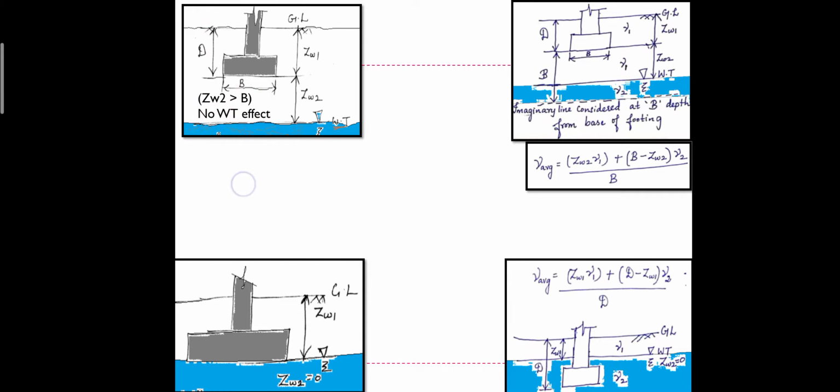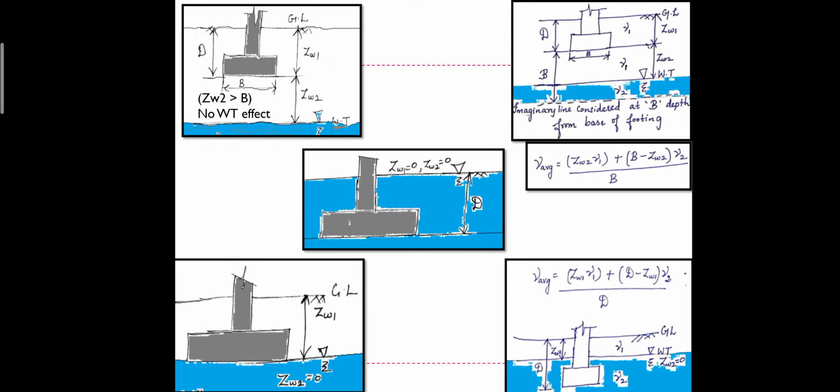Now we will move to the fifth case, last case. First caseல water is very below, அப்புறம் கொஞ்சம் ரைஸ் ஆச்சு, அப்புறம் it came to the base of the footing. Fourth caseல it came above the base of the footing. And fifth case, the water table comes to the ground level itself. Ground level ke வந்துருச்சு அப்படின்னா என்ன அர்த்தம்? Fully soil is saturated. No dry things at all.